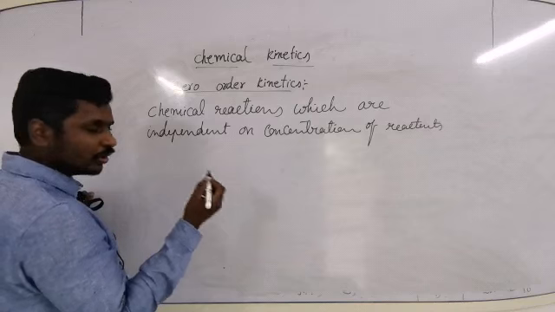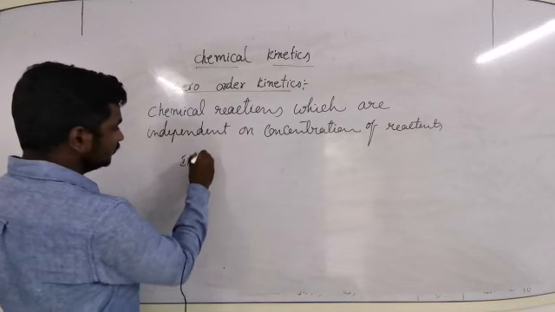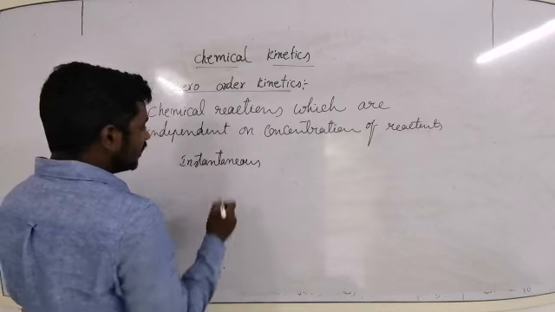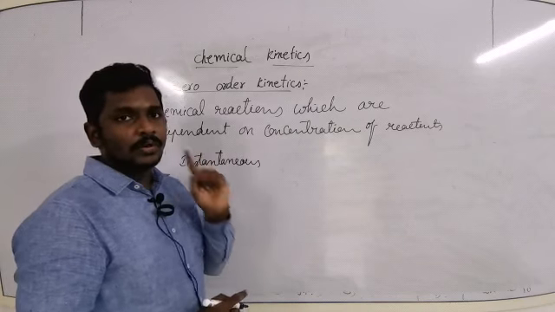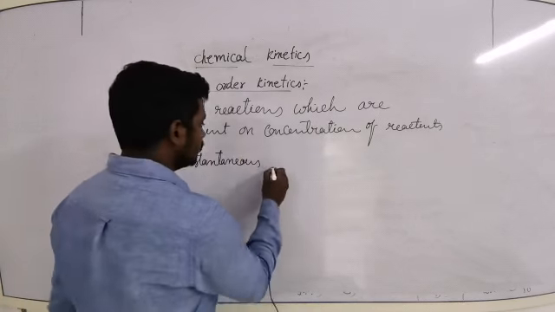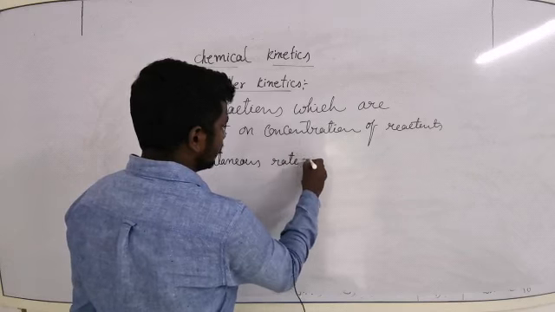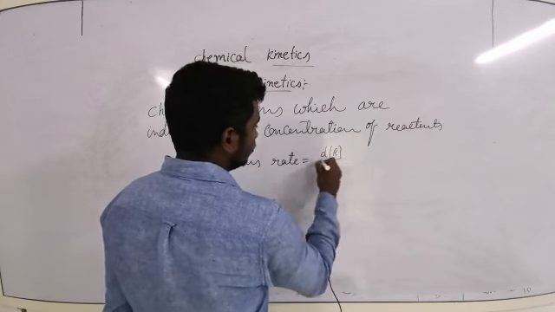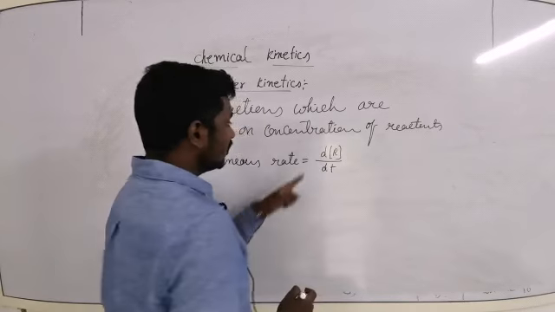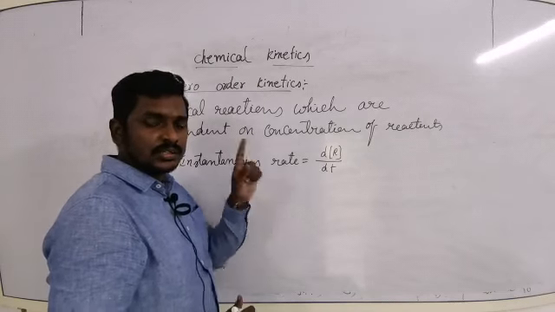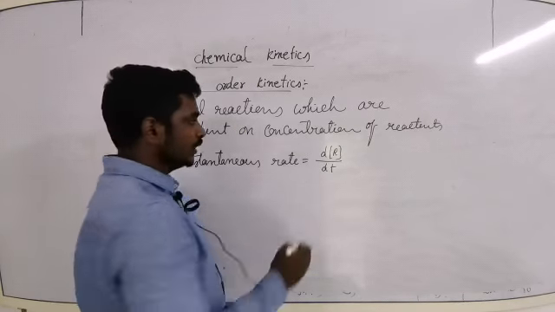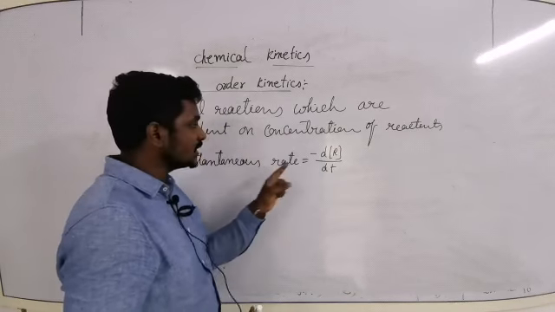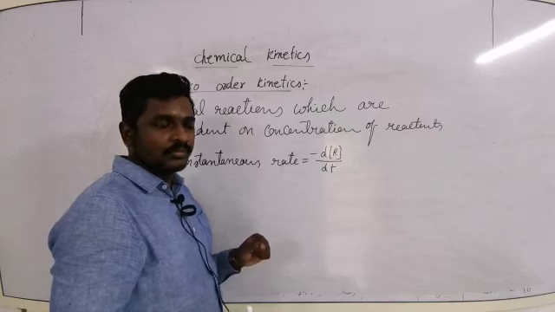For that I will take two rate laws. The first is the instantaneous rate. What is instantaneous rate? It is the rate of reaction calculated for a particular point of time. It is nothing but the rate of change in concentration of reactant with respect to time, where the derivative is the mathematical function that indicates the rate of change. And since during a chemical reaction the concentration of reactant decreases, it is indicated with a negative sign.